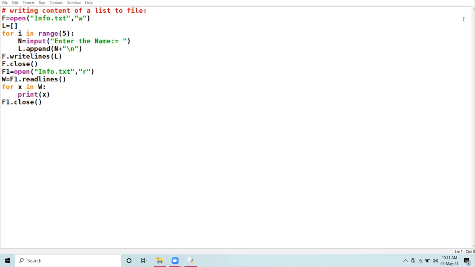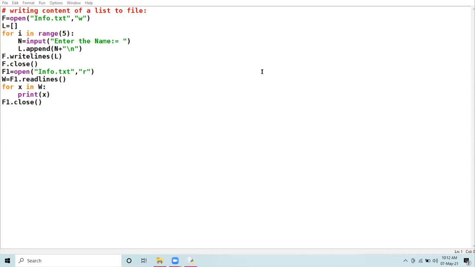Am I clear? All right. So first of all, I have created one file, info.txt, and I created the file in W mode. W mode, I have already told you, stands for write mode. Write data in the text file.